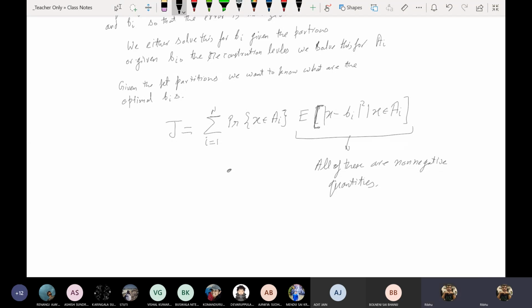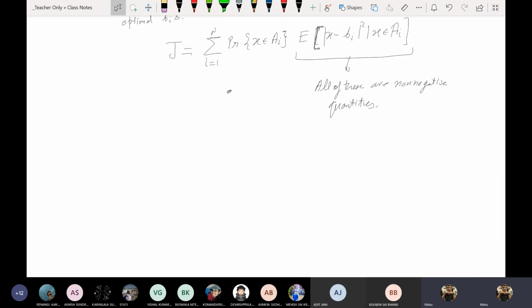All of us agree that these are non-negative quantities. So since all of these are non-negative quantities,